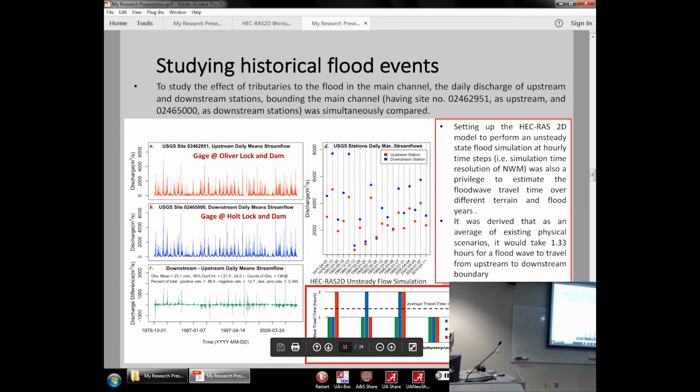So the color shows the different flood years, 10, 100 and 500 flood years, for different associations of the DEMs. And in all of the cases, it shows that irrespective of the DEM, the flood wave travel time is somewhat similar. How come this happened? Because if you think about the momentum, when you have a 500-year flood event, you're flooding ditches,